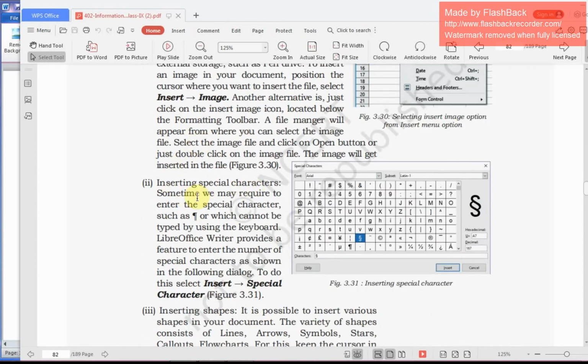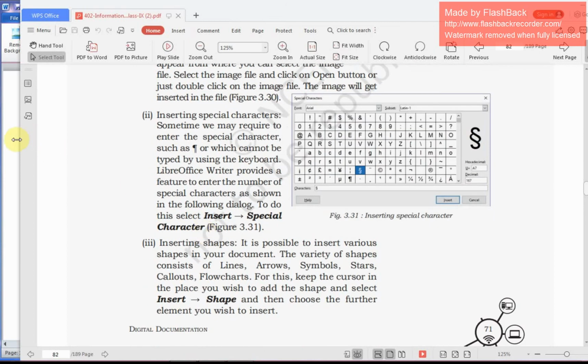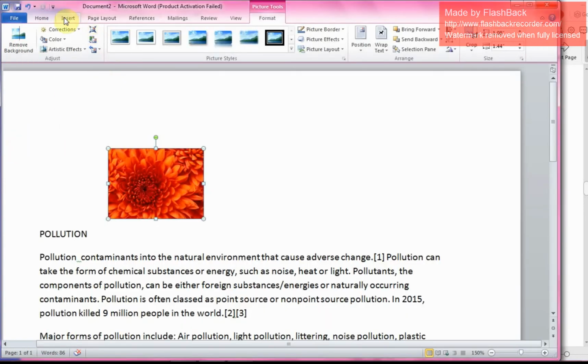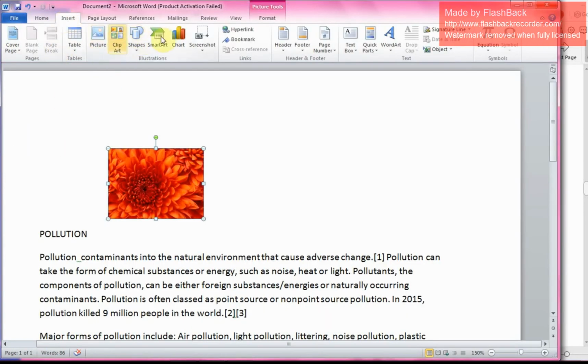Now inserting special characters. Sometimes you may be required to enter special characters which cannot be typed using the keyboard. We can also insert special characters. For inserting a special character, click on the insert tab.